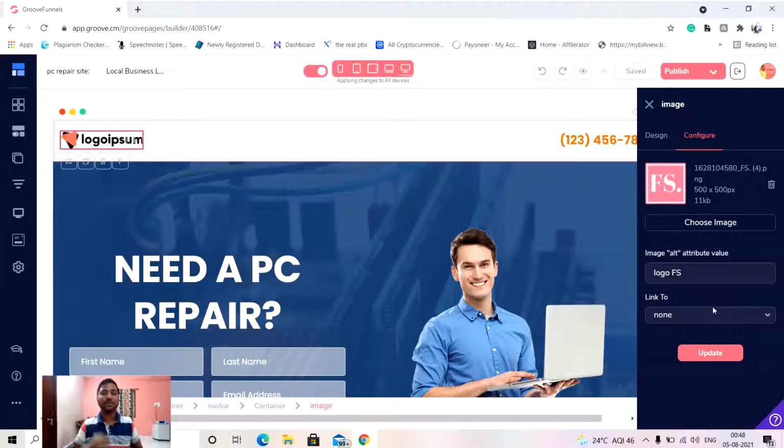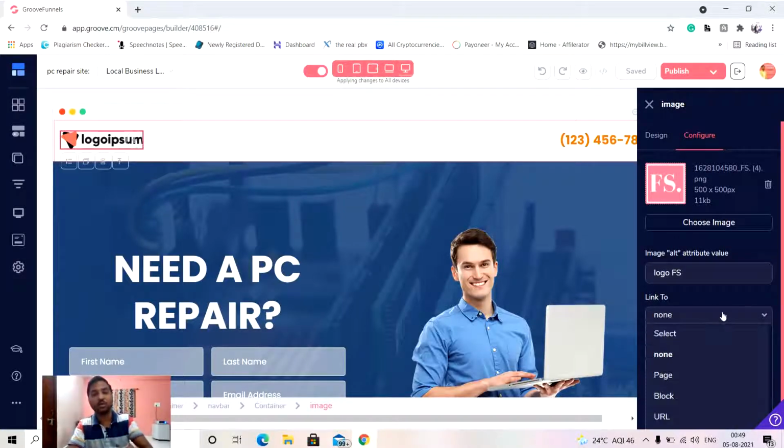Now, you might have seen on some websites that if you click on the logo, wherever you are on the website, whether on the home page, the about us page, or the contact page, you get to the home page directly. You can do this here as well. You can link your logo to your pages.